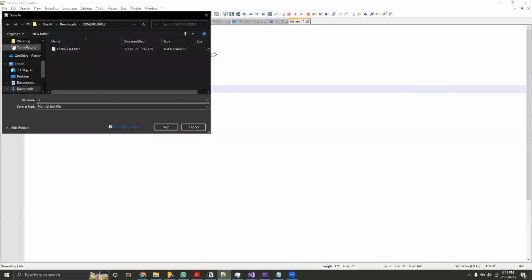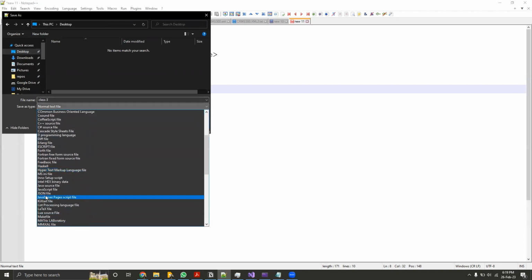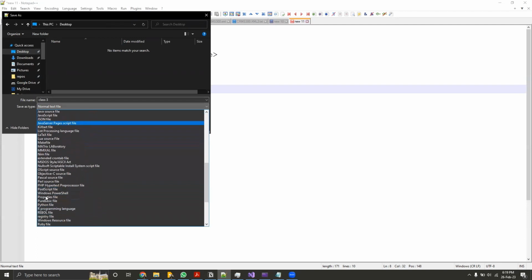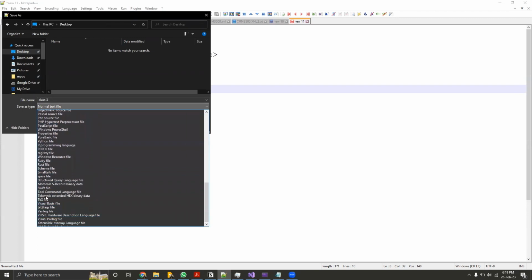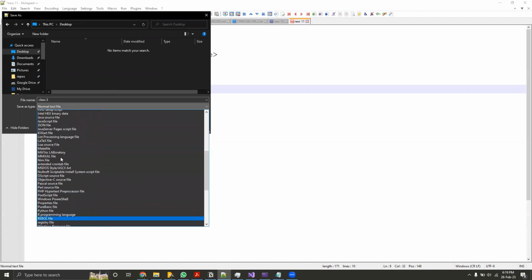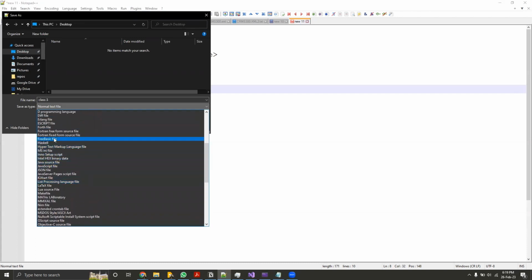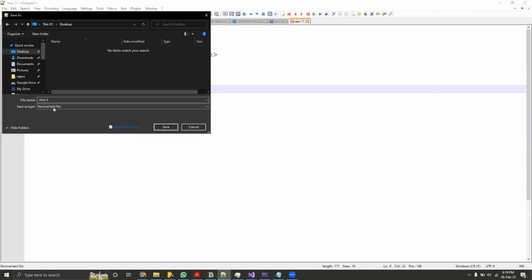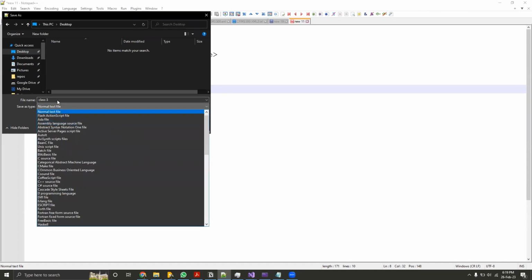Let me save this class. I'm using Notepad++ today, but we can actually use the normal Notepad we've been using. I just feel like using this. For the normal Notepad, what we do is change this to all files,